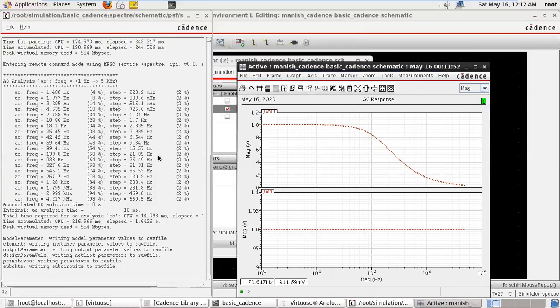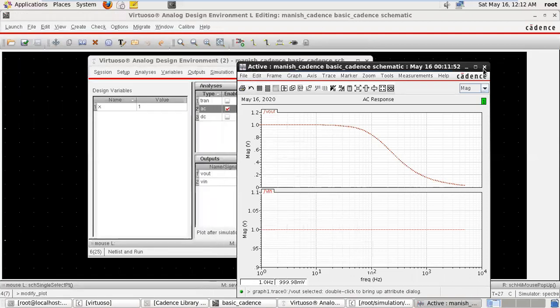Okay, so see, the cutoff frequency omega is 1 upon RC. This is a low pass filter, so initially the output voltage is equal to the input voltage, and it continuously goes on decreasing. So for the AC input voltage, initially the output voltage is equal to the input, and after the cutoff frequency it goes on decreasing. So that is a low pass filter.